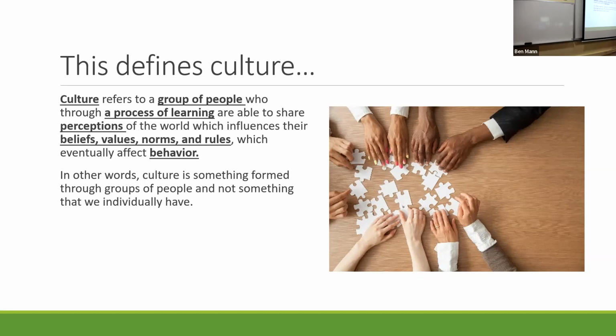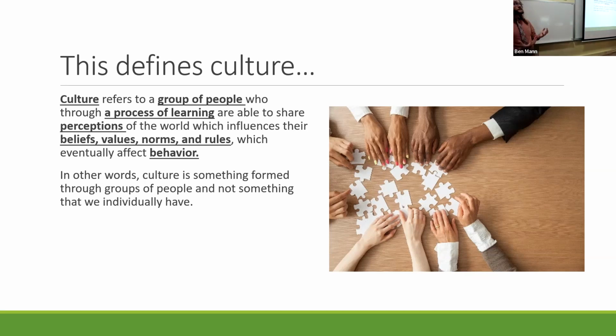So let's define and think about these elements that help make and shape what culture is, right? And I like the idea of thinking about it like a puzzle with jigsaw pieces, because the idea is that members of a culture are coming together and piecing those things together to make sense. So culture refers to a group of people, right? So culture is not something that somebody individually owns, right? I have my own culture. No, culture is communicated and engaged by groups. So members exist within cultures, not a single member.